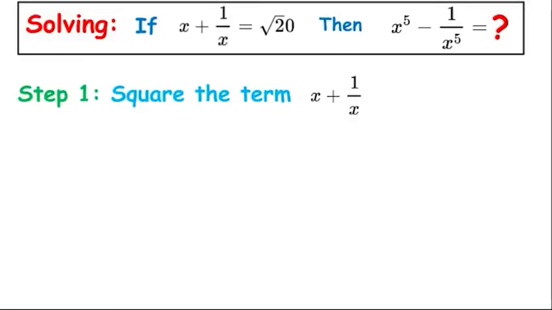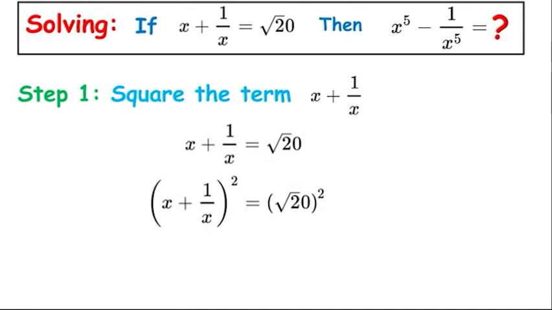So our first step will be to square out the term x plus 1 over x. Now if we look at the equation above, we can see that x plus 1 over x is equal to the square root of 20. So let's square both sides and we will get x plus 1 over x all squared is equal to the square root of 20 all squared. So the left hand side